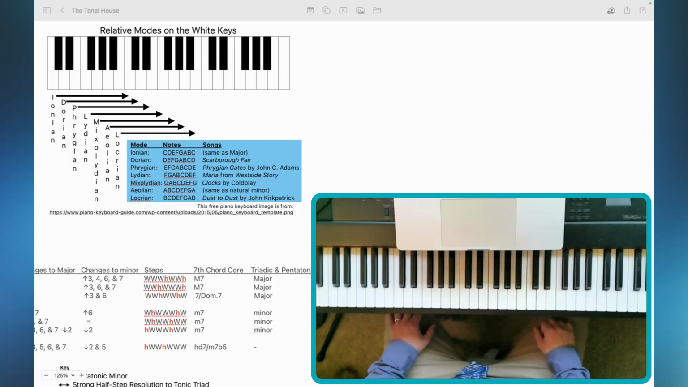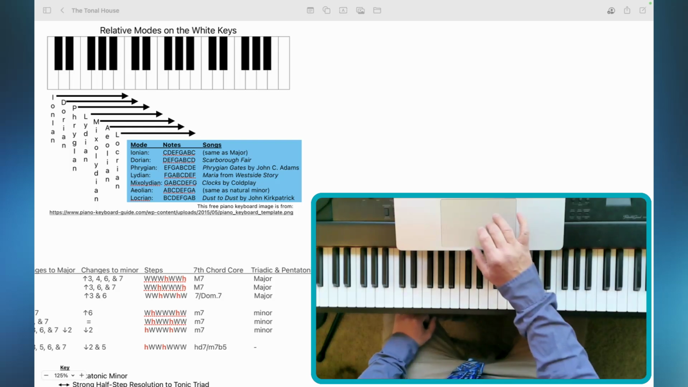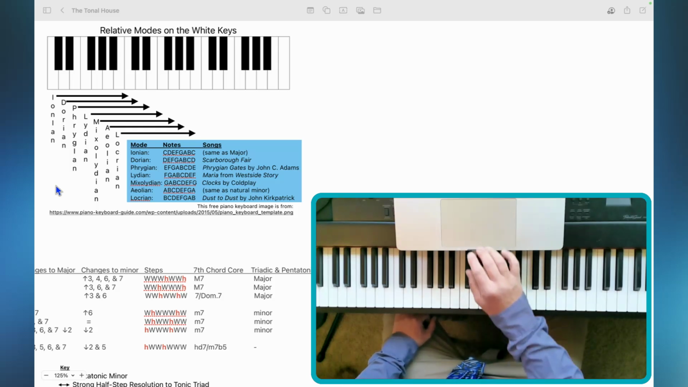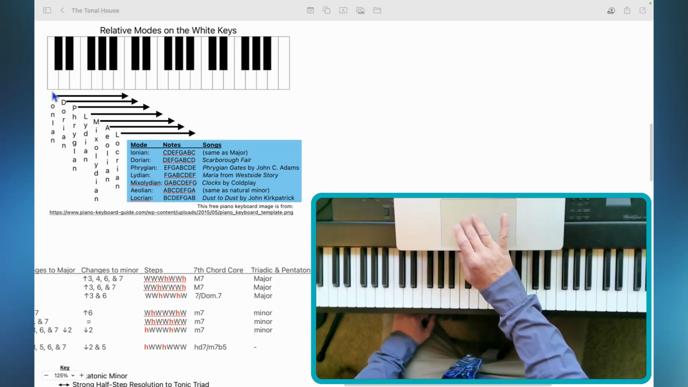So you call these white key modes or church modes. So this relative approach is probably the easiest way to learn them. In my opinion, not the most effective in the long run, but we'll go over the other approach, the parallel mode approach, as well. So it's also historically accurate because